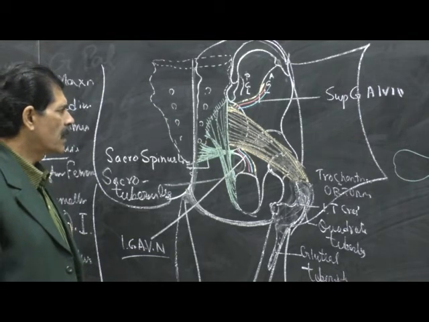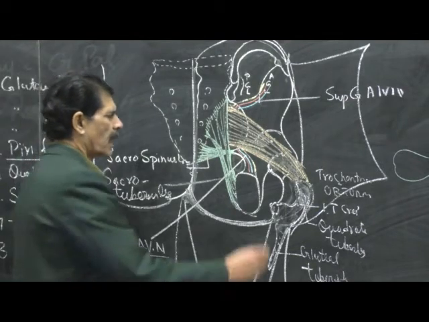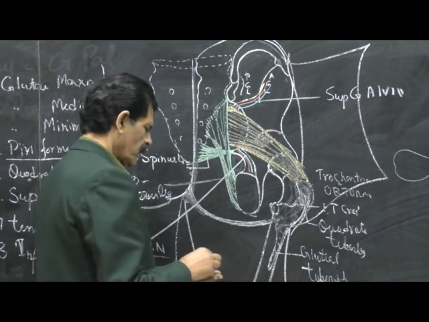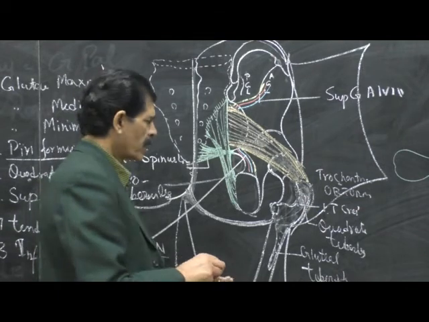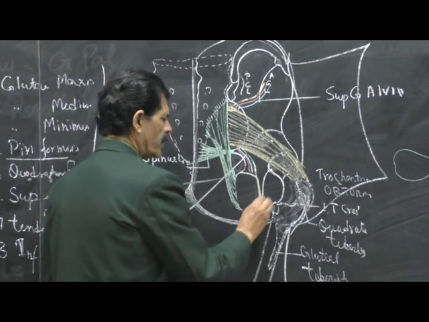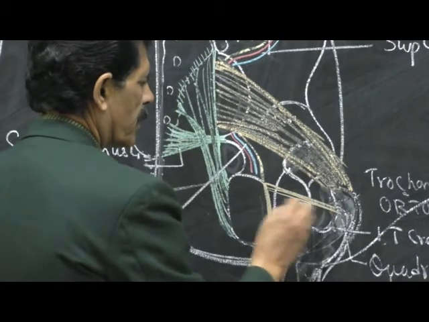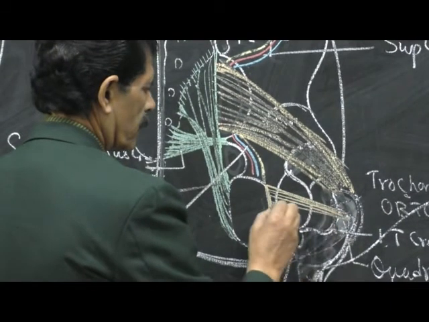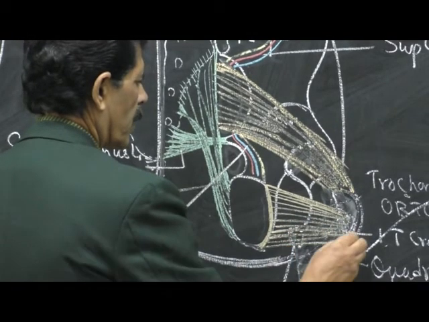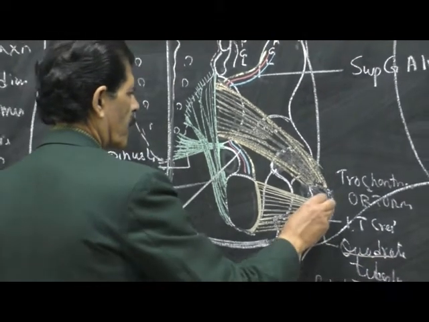Then there is another muscle that is called the quadratus femoris muscle. As the name suggests, quadratus femoris muscle is quadrangular in shape. This muscle takes origin from the lateral surface of the ischial tuberosity, and this muscle runs laterally and is inserted over the quadrate tubercle. So here lies the quadrate tubercle. So this is the muscle, quadrangular in shape. The quadrate tubercle is made for insertion of quadratus femoris muscle.